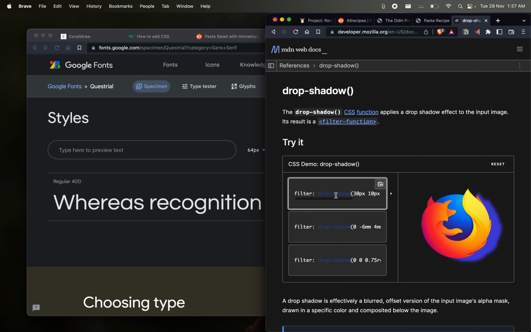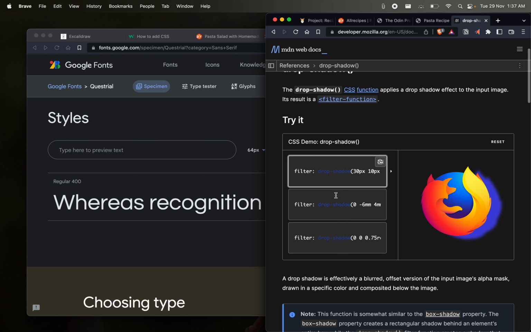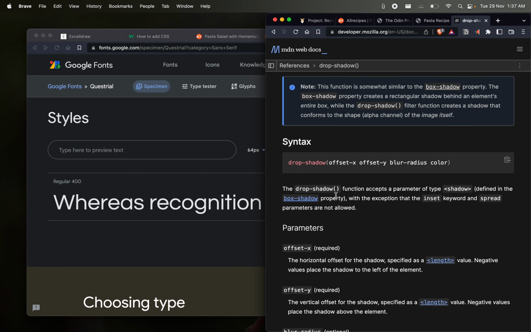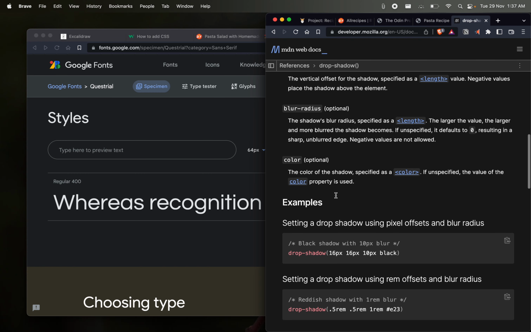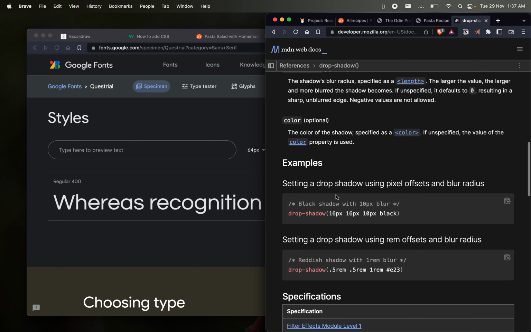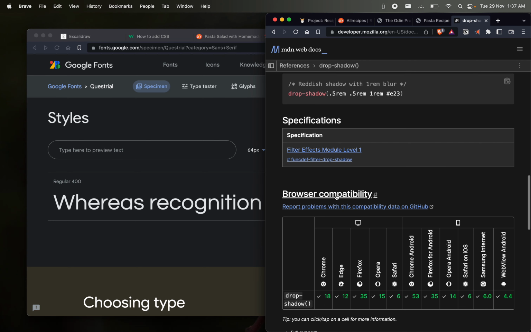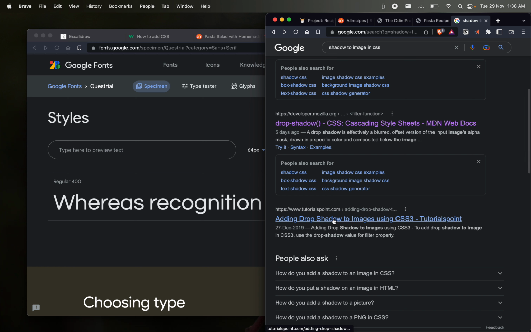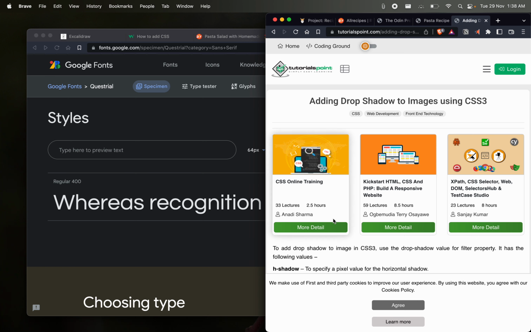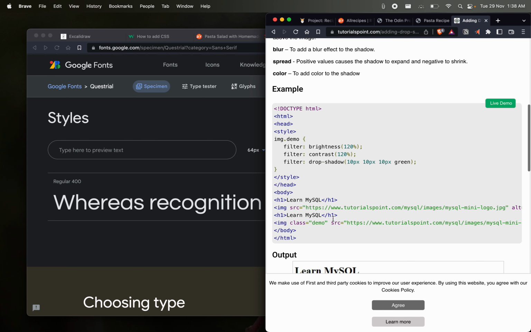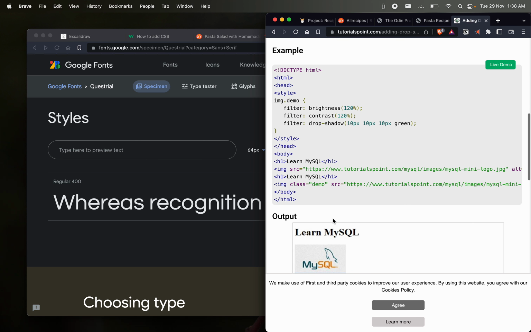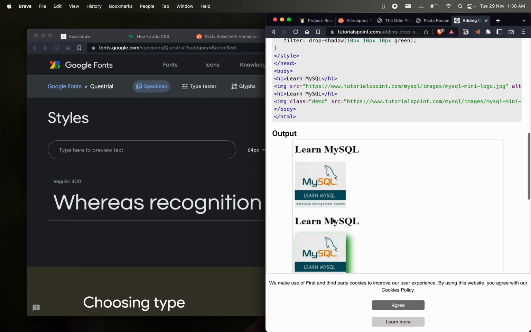Oh, this is amazing now. This is what we were looking for, right? So this is a CSS function. So drop shadow offset parameters. For example, black shadow width. What we're looking for, but adding CSS functions would be a little bit cumbersome, so I guess that will not be a very optimum choice to do that, right? So